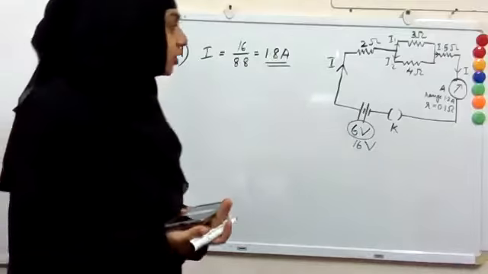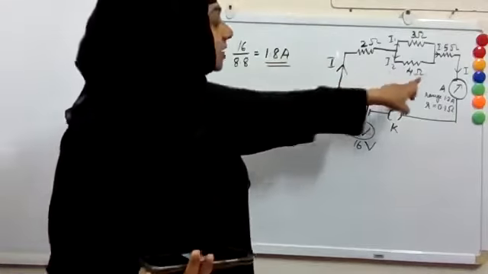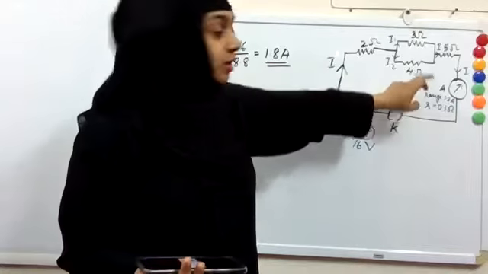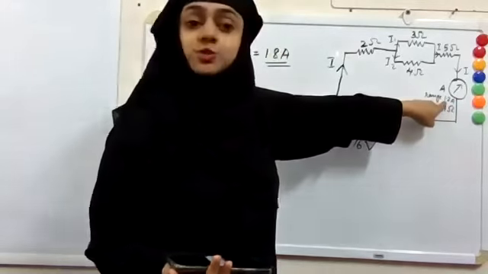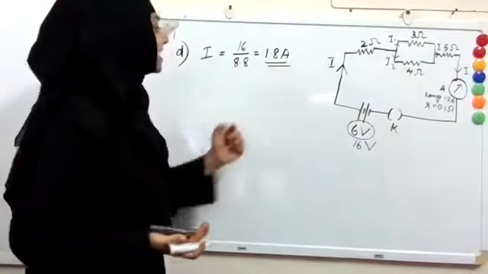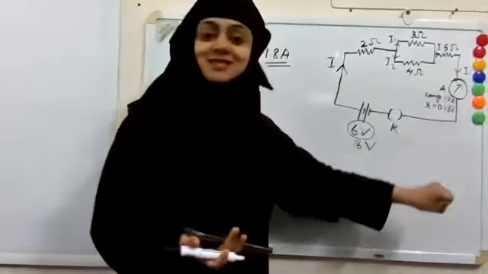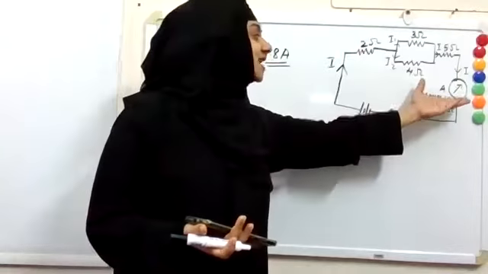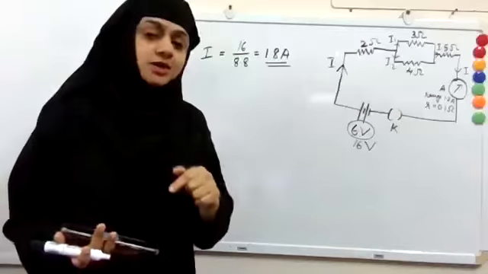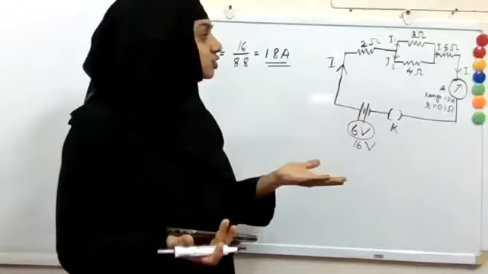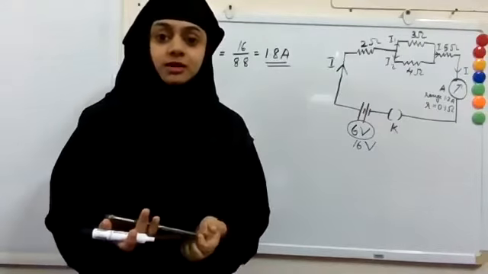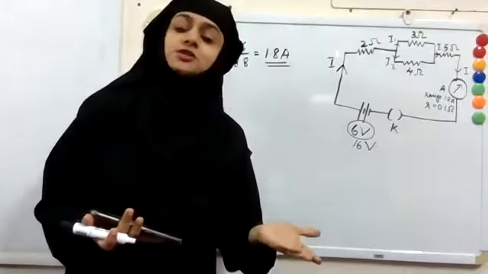Okay, so can you measure this current using this ammeter? No. Because the maximum current which we can measure is 1.2 ampere. One of you have written that you have to replace this ammeter with a new ammeter having range 1.8 ampere. That is right, but they have asked what change should be done to this ammeter. You have already learned how we can increase the range of an ammeter.